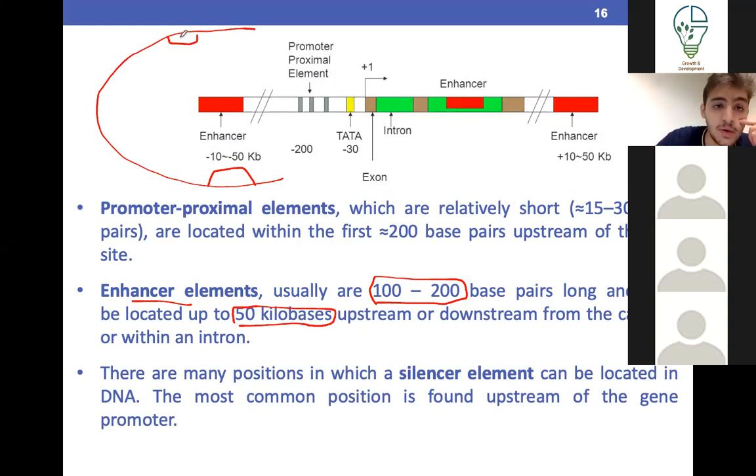So the enhancer binds to transcription factors, a lot of specific transcription factors, and this entire complex of enhancers and transcription factors stimulates the RNA polymerase, increasing its rate. Silencers decrease the rate, and they're usually found upstream. Promoter regions are usually located very close to the gene, so within 200 bases upstream. Like if this is 3 prime, this is 5 prime.